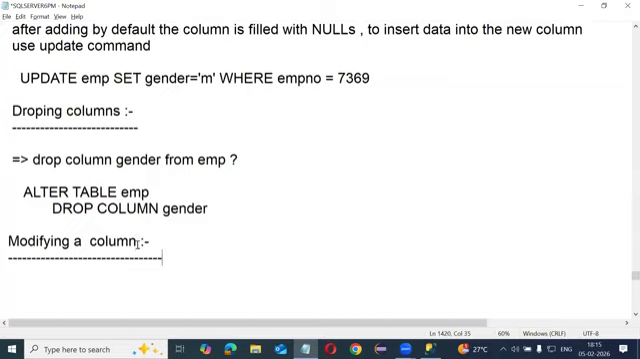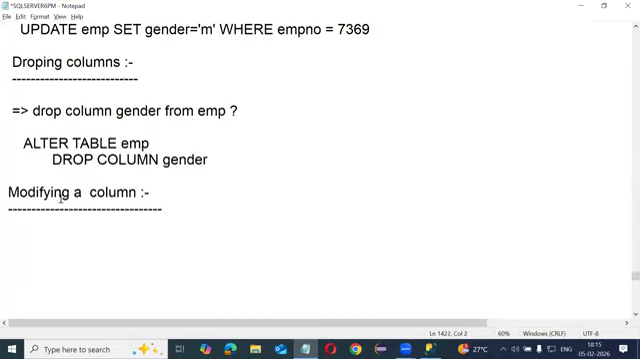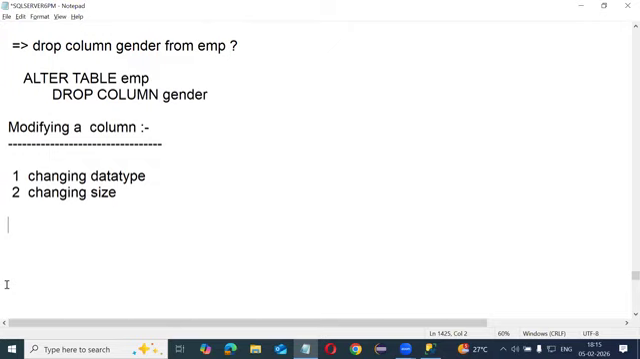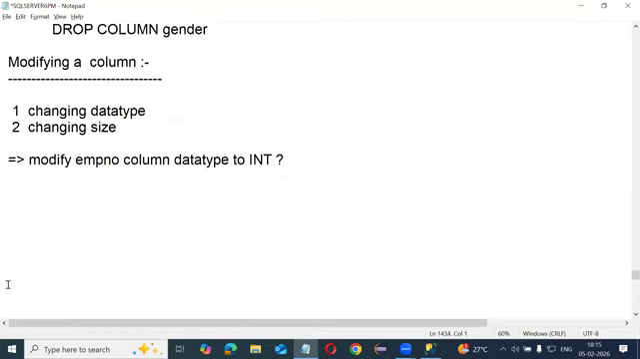Okay, then how to change the data type? Modifying a column: one is changing the data type, the second is changing the size. So let's see how to change the data type. Modify the EMPNO column data type to integer. Actually, it is small integer, and I want to change it to integer. Then alter table EMP, then